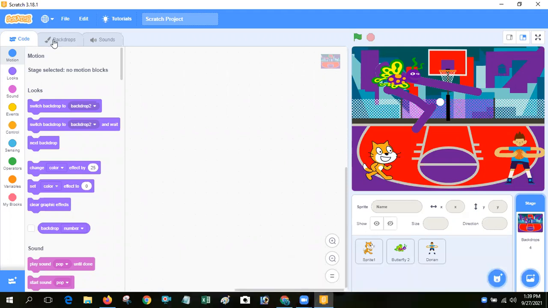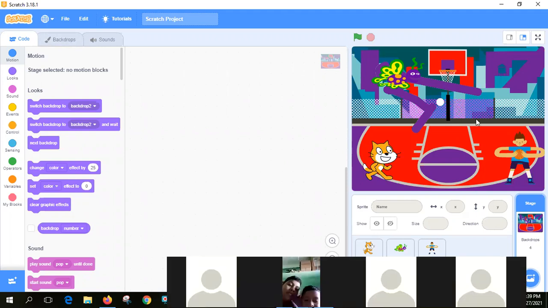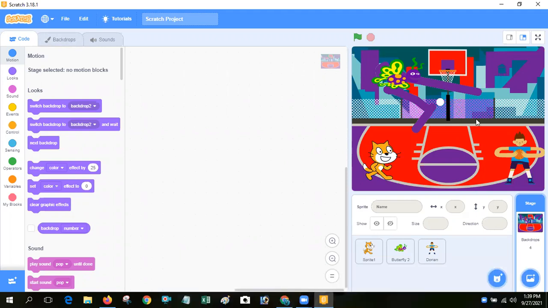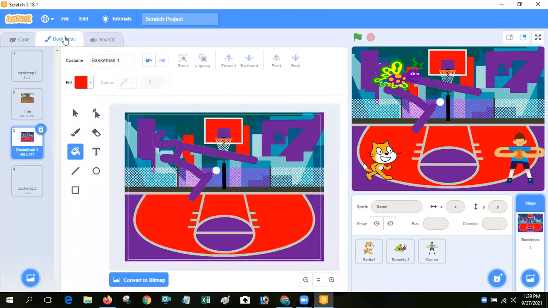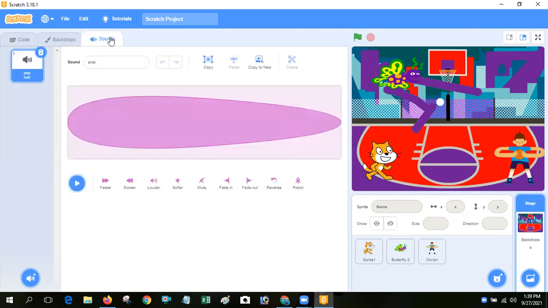And when we edit our backdrop or our sprite, that means paint, then we should use the costume tab. And if you want to add any sound in your Scratch program, then you can use the sound tab.